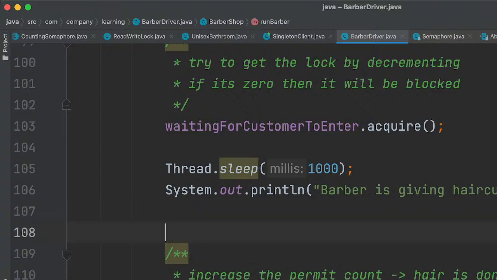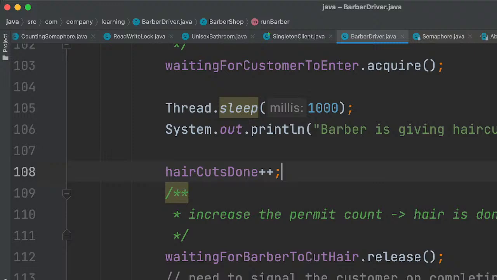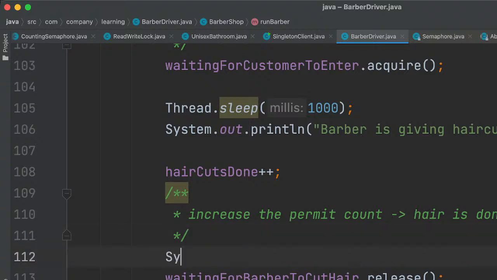We can say System.out.println, completed haircuts, right?